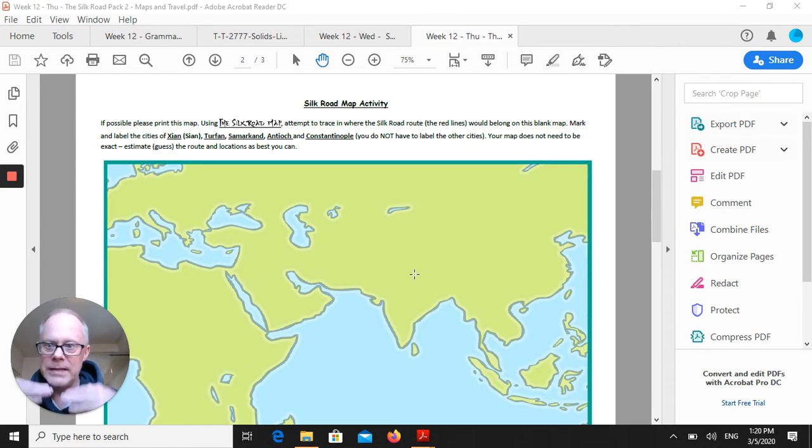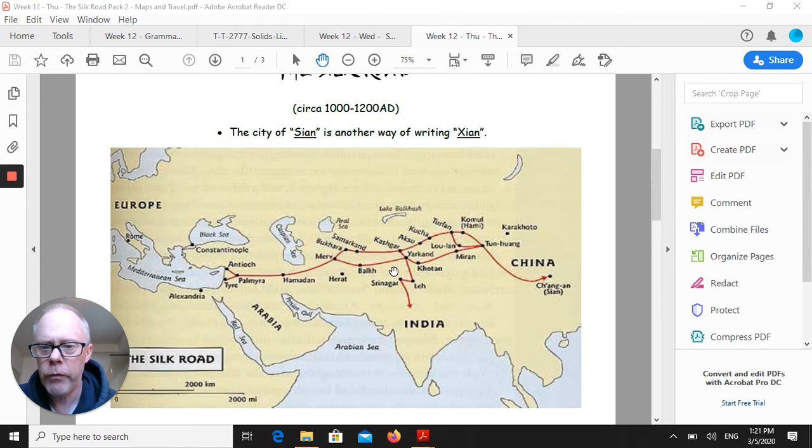So there wasn't just one single road, that's it, nowhere else could be the Silk Road, no other cities were on it. No, that's not correct. Basically, the Silk Road changed a lot over the years, so the actual length and distance of the road would change as well, and certainly the directions it travelled in. So we're going to use this as a general idea of the Silk Road and the places it connected. If you can copy as best you can that red line or those red lines that covered the map,